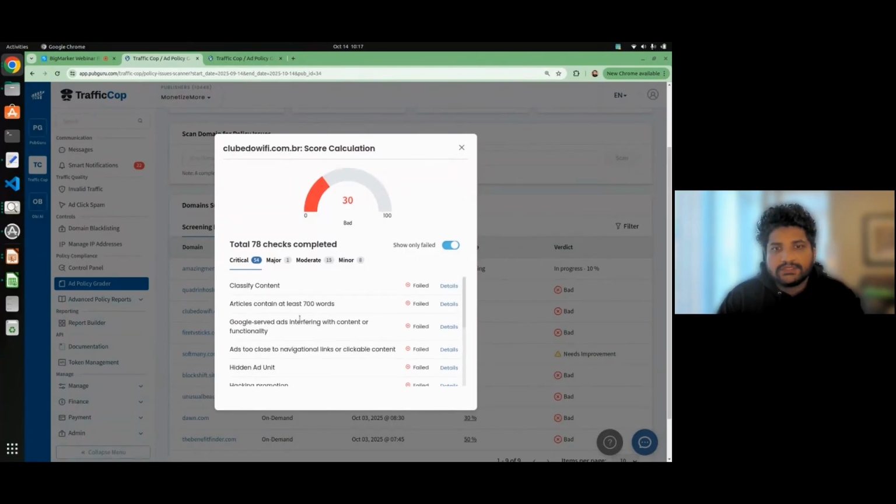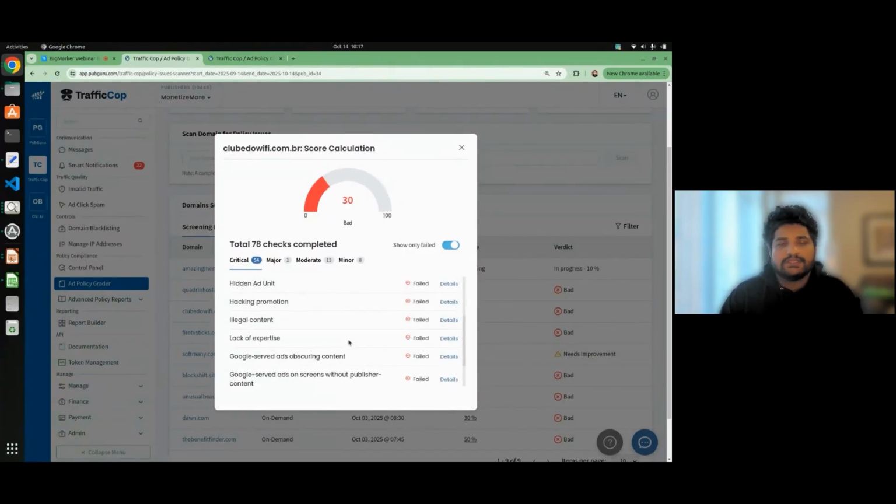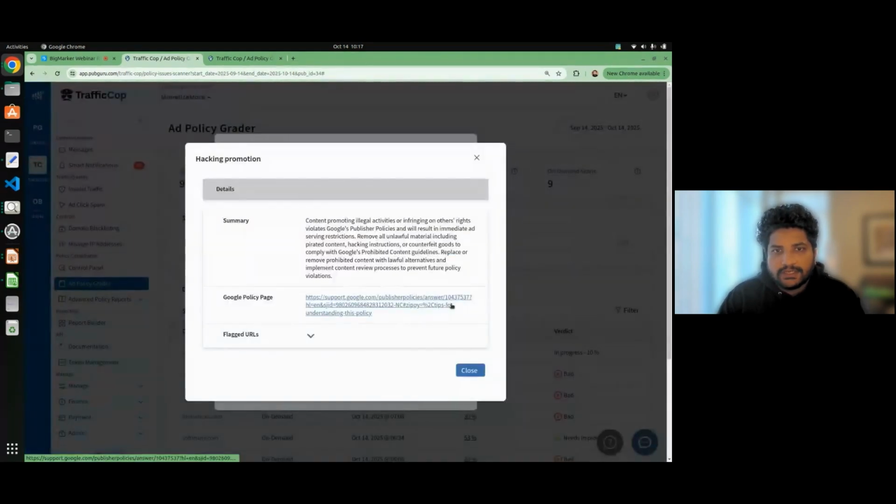So now that you can see the problems, it is important to solve those problems as well. And this is where you can go to the details section. So for example, you can see that one of the problems we found on this specific website is there's a hacking promotion there. So when I click the details